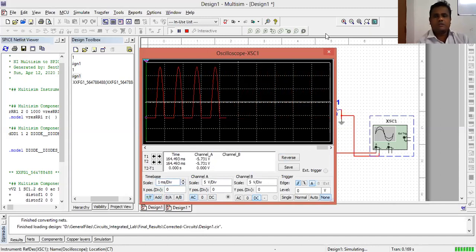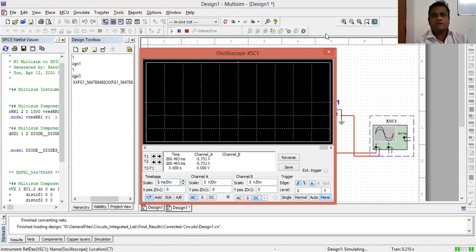So once the spice netlist is generated, no need to draw the circuit diagram. If you open the .cir file, it automatically